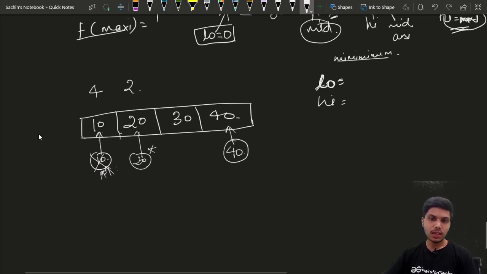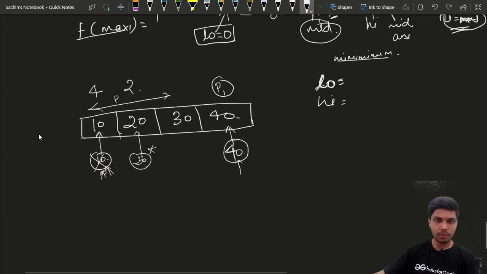There is a possibility that we can paint the whole board in 40 units of time by assigning one painter to paint this board and the other boards to other painters. Let's say we assign the first board to the first painter, the second board to the second painter, the third board to the third painter, and the fourth board to the fourth painter.